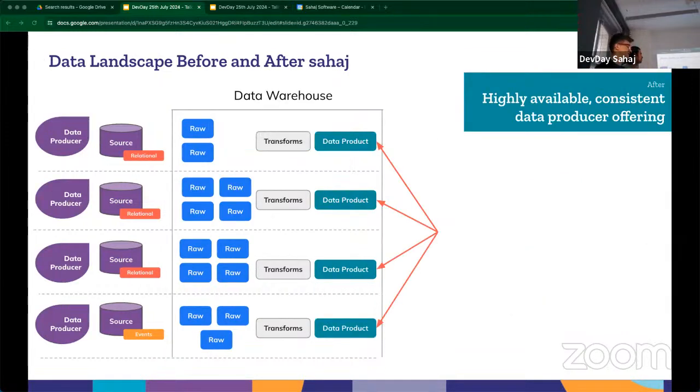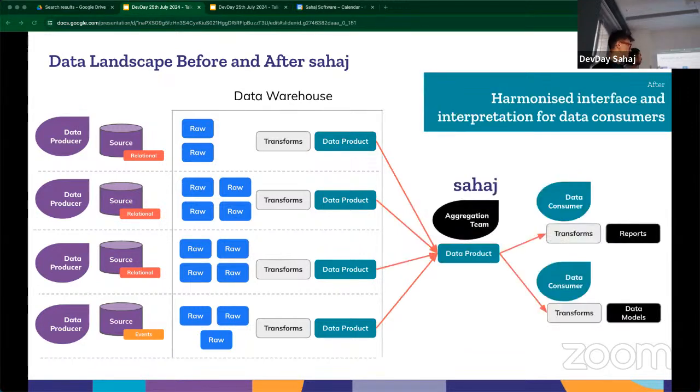Fast forward to where we are today. We have identified data producers for all the important systems of data. We work very closely with them to make sure that their offering is very well modeled, is curated, is made available downstream to consumers, and is highly available. The implication for those consuming the data is that there's now a harmonized interface and interpretation